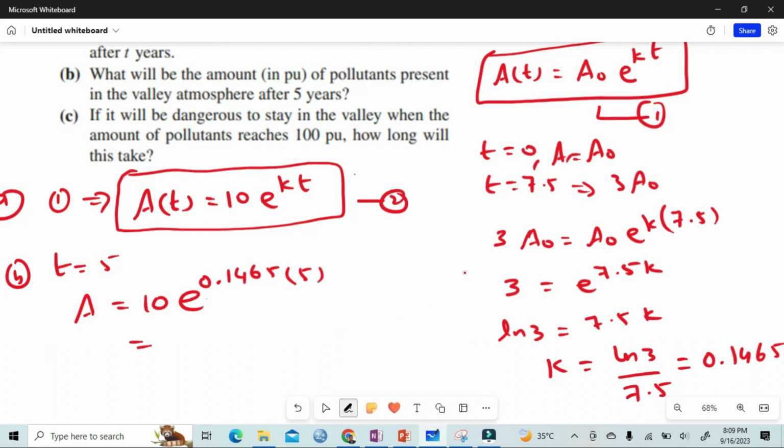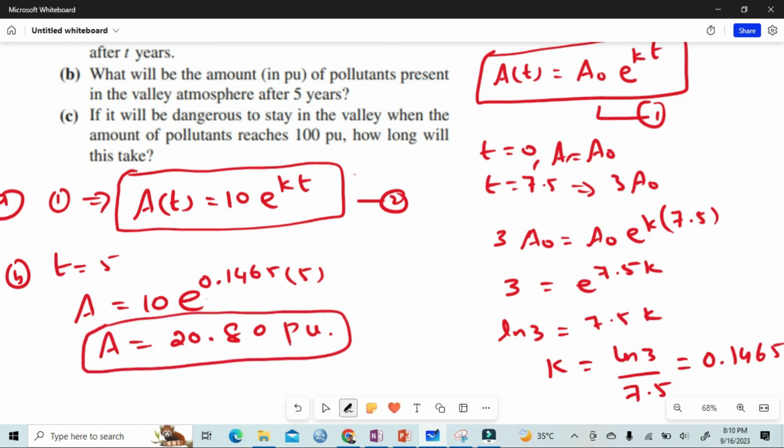Just type this one in your calculator when T is 5. It is approximately 20.80 pollutant units (PU). This is the answer for part B. For part C, it will be dangerous to stay in the valley when the amount of pollutant reaches